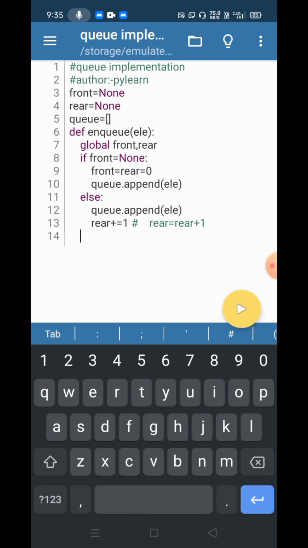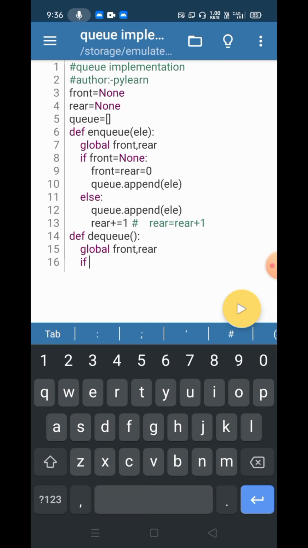And now our enqueue is over. We are going to write a DQ function. There is no need of taking any element. Simply we will write dq and define front, rear as global elements.